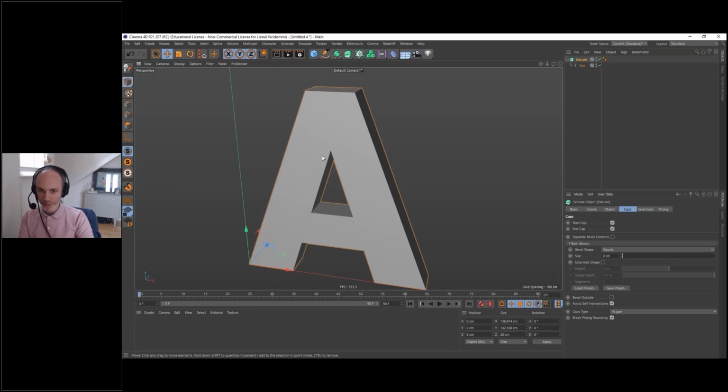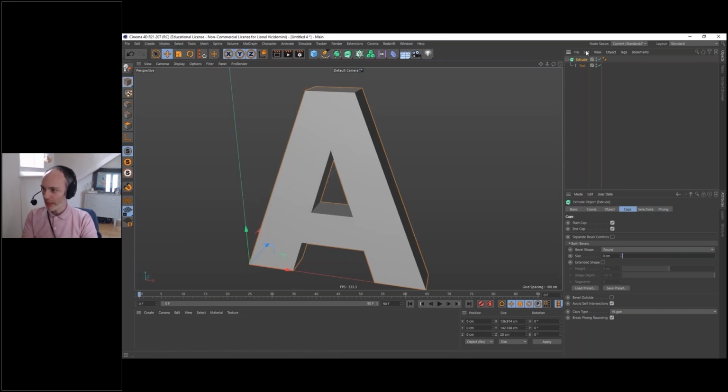It was a lot of work and very long, very difficult to do. Now we have the volume builder, which is a very great tool that allows us to go much faster. So that's only for Cinema 4D R20 and R21. I'm here on the R21.